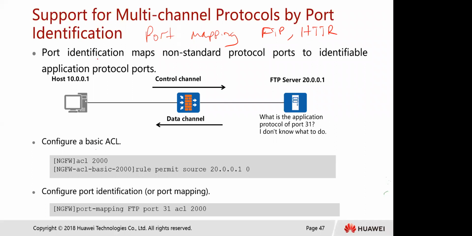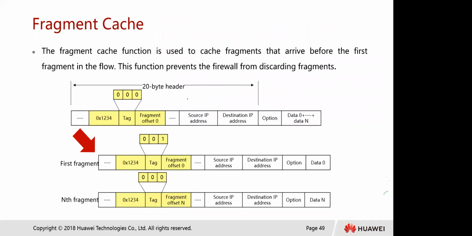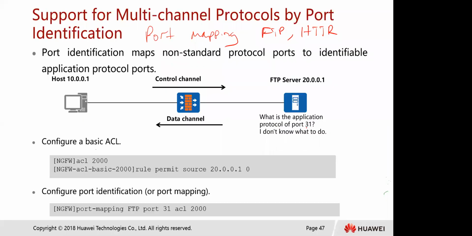Port identification maps non-standard protocol ports to identified application protocol ports. You have your control channel, and it will map those protocols. It will ask, what is the application protocol for port 31? It doesn't know, but it knows that you have been using FTP. So it will match this unknown protocol with the known application protocol, which is FTP, using the access rule. It will match the unknown port numbers and map them to the